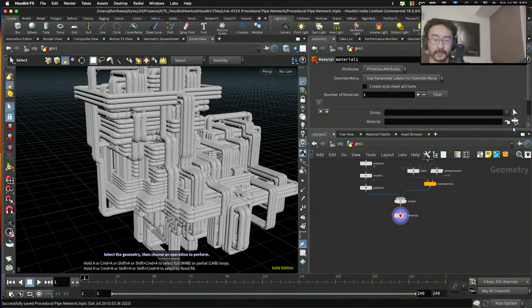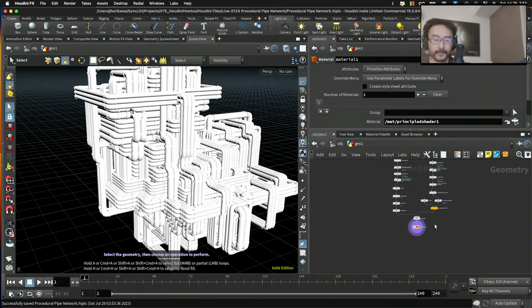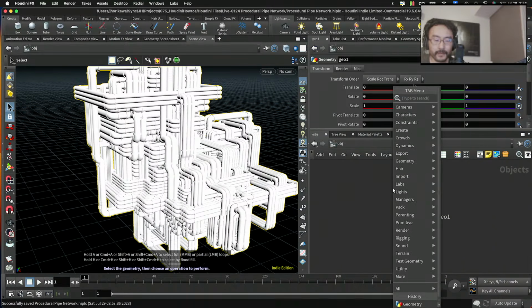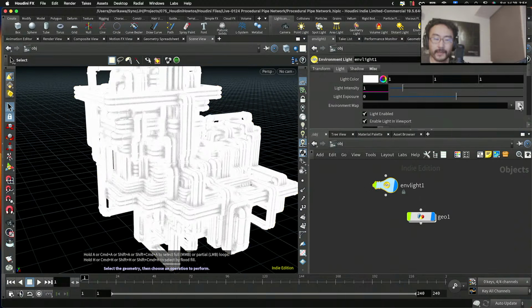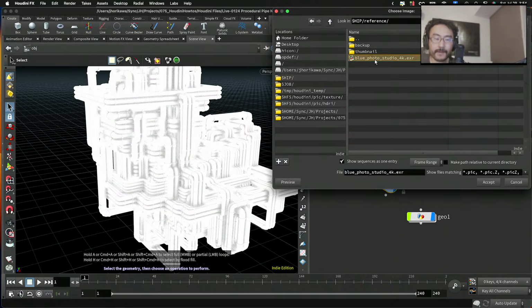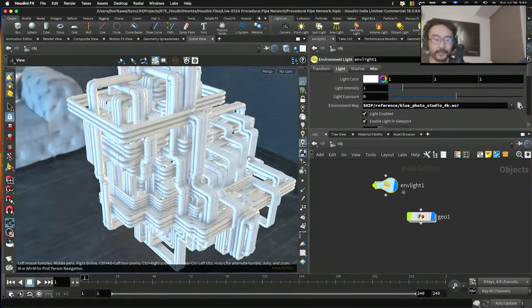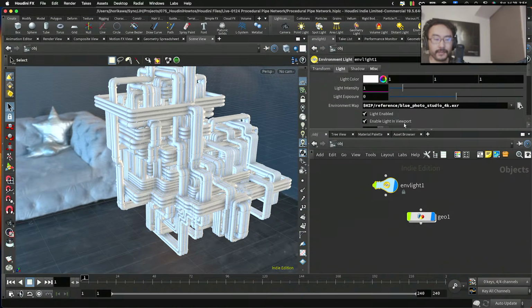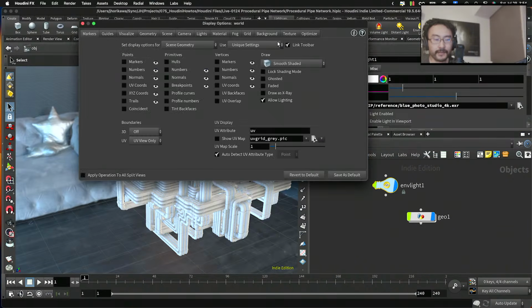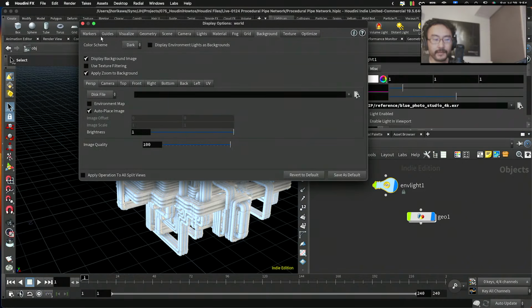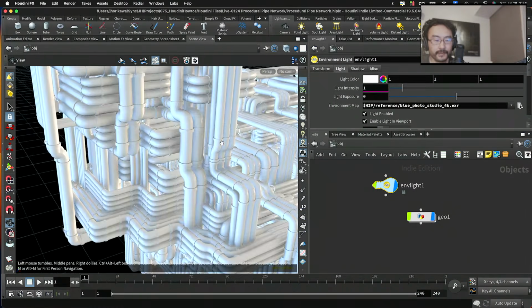Use Principal Shader. Let's also set some environmental light with some, I don't know, background texture. Let's hide that. Okay, and